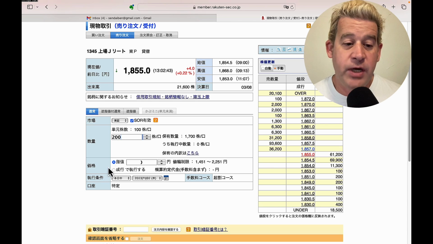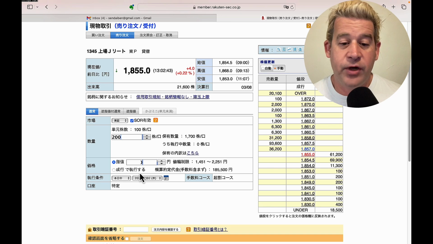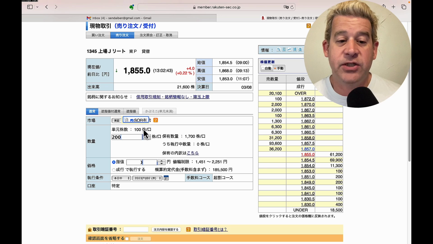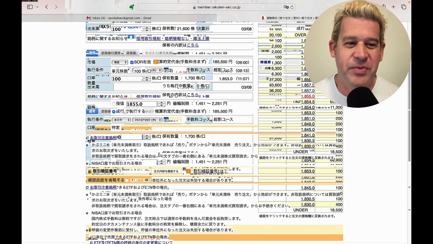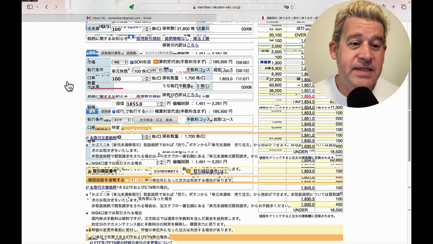And then we'll choose the price. This is a set price, or we can set it to go through whatever the market price is at the time. We put in our passcode, and you can either confirm on the next screen, or you can click this button to skip the confirmation screen and go straight through to the sale. I'm not actually going to sell this. This is just to show you what this page looks like. And it's exactly the same for